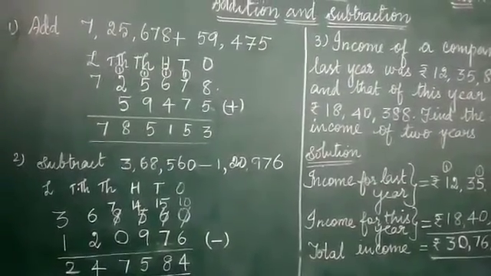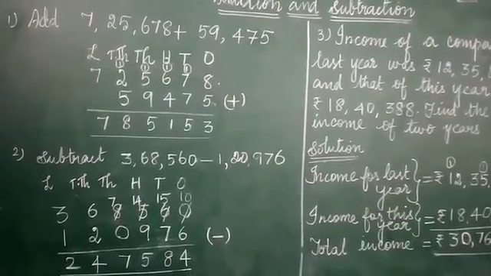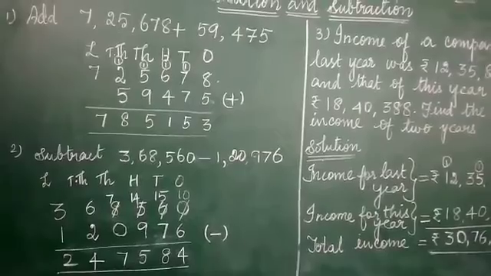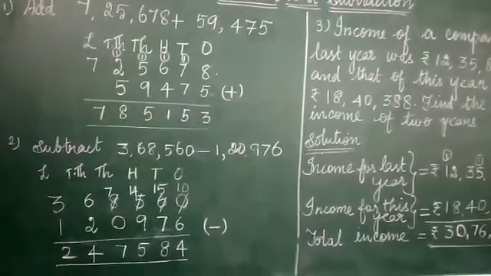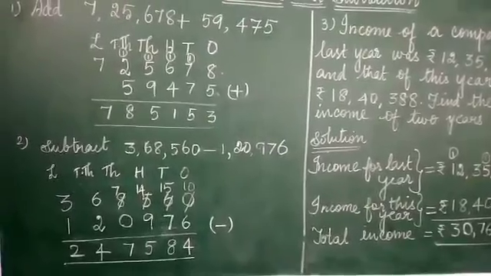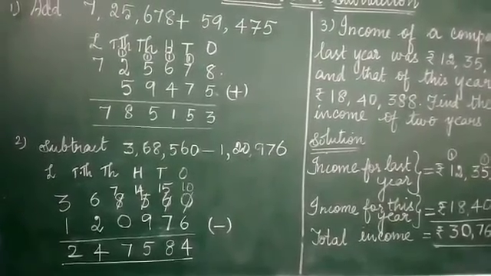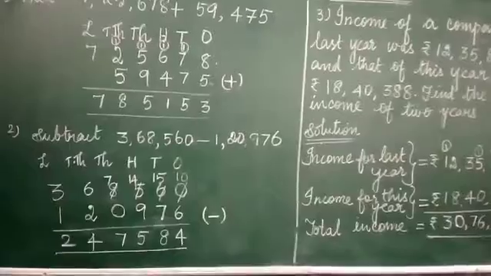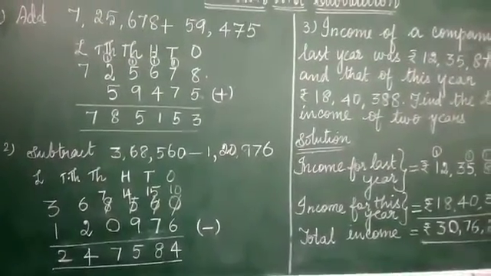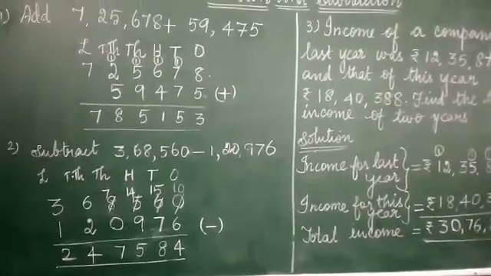That means from ones, tens, hundreds, thousands, ten thousands and lakhs. Then after that, arrange the second number in that proper order. That means ones in the ones place, tens in the tens place and hundreds in the hundreds place, like this. Now, if it is addition, I put the plus sign. Now we are going to add.